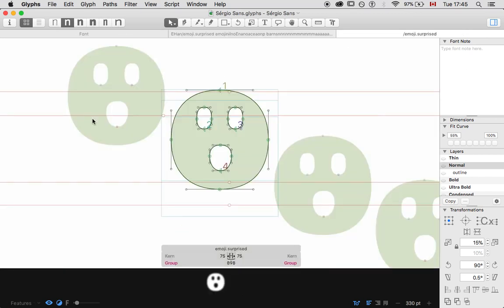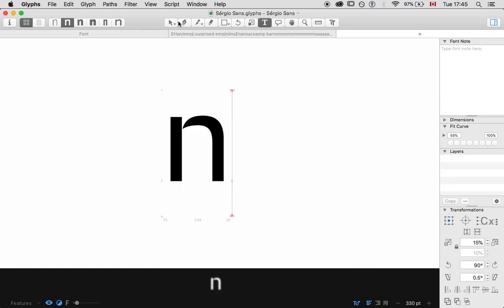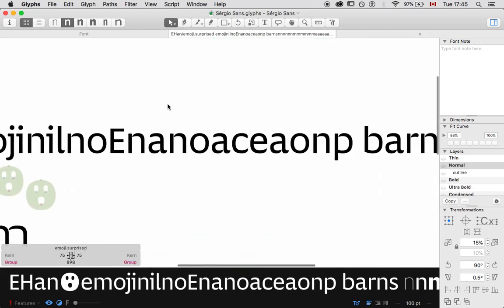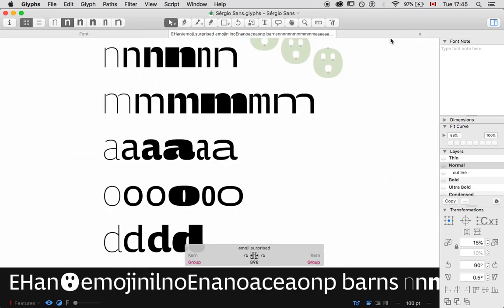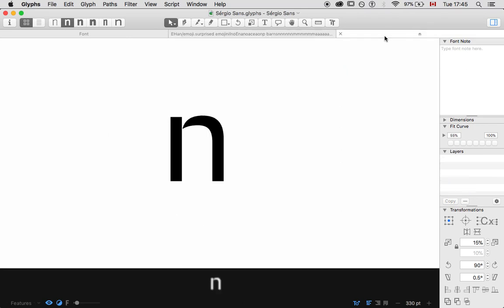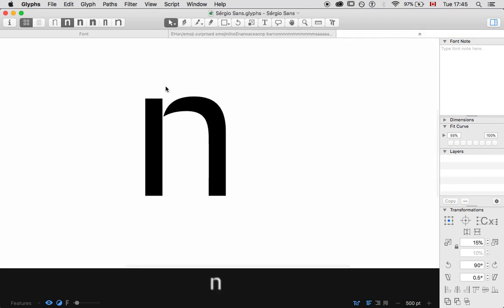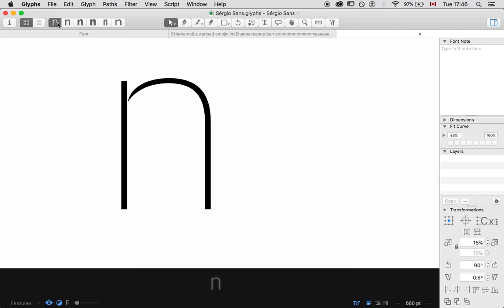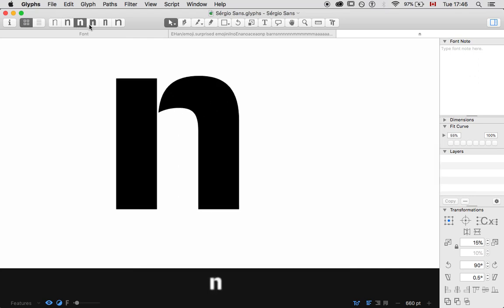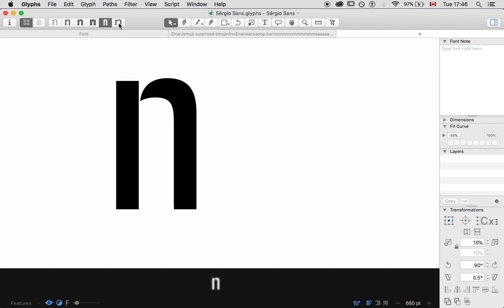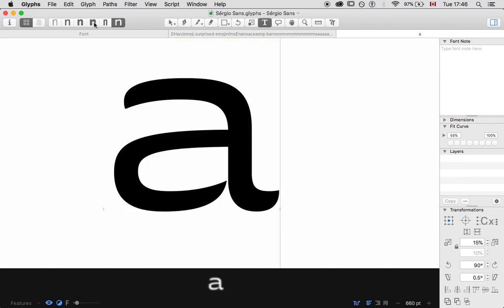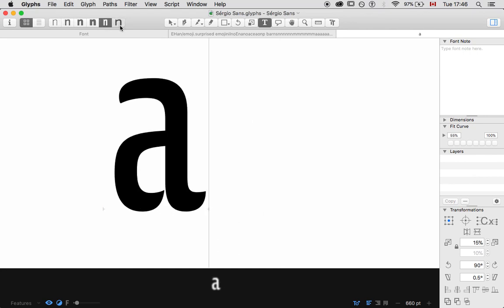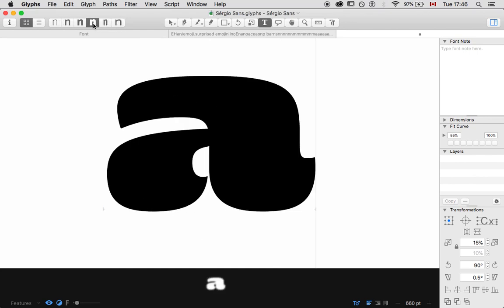And if I go into a new, oh, it opened up the smiley or the surprise face. If I go into a new file, because I don't want to mess up this window that I'm working on, there's a specific reason I have these characters typed out this way for testing strings and designing, which we'll touch on later. But when I'm working on this, I can have my letter N here. Now if I cycle through these tabs, I'm actually going through the different master designs in the design space. Same thing for lowercase a. Go backwards. This is extended, condensed, super bold,